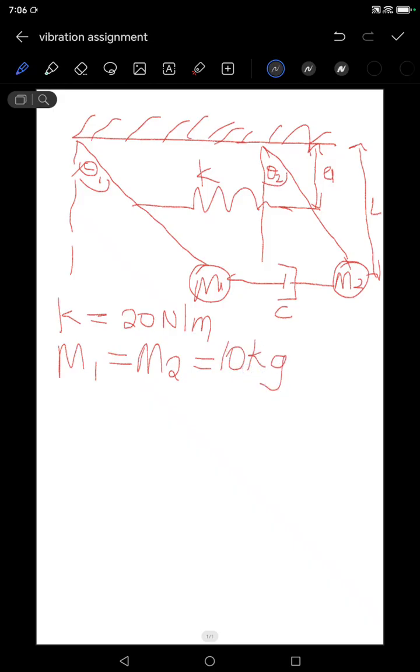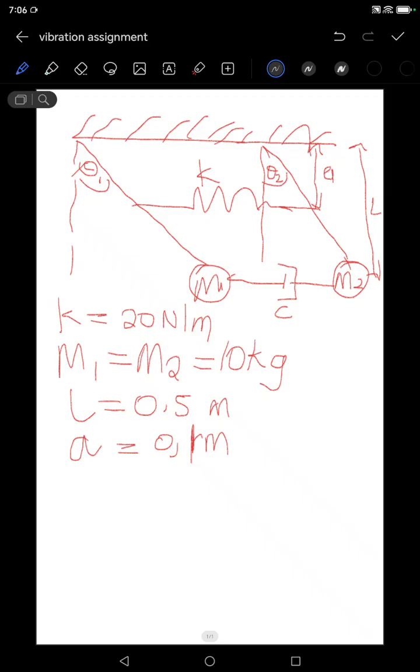And then we're also given what? The length, which is 0.5 meter. And then we're also given the value of A, which is 0.1 meter. Okay, so as I said, we have two identical pendulums, each with mass and length, and